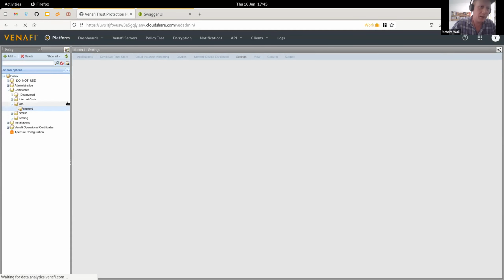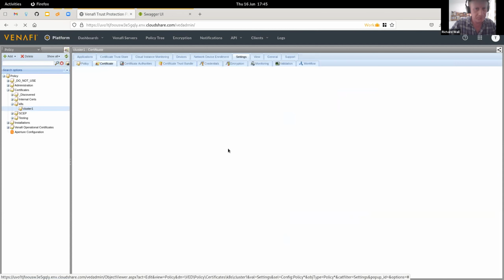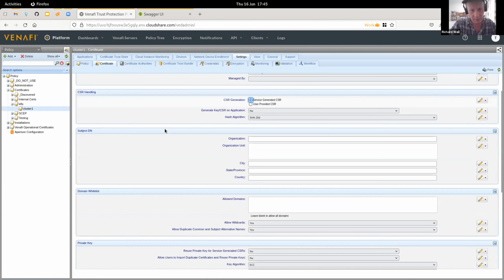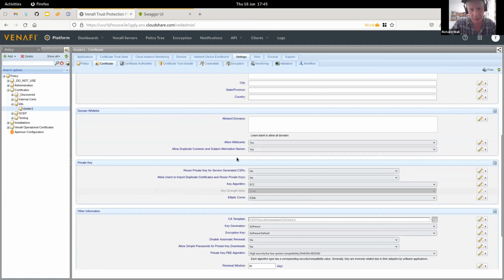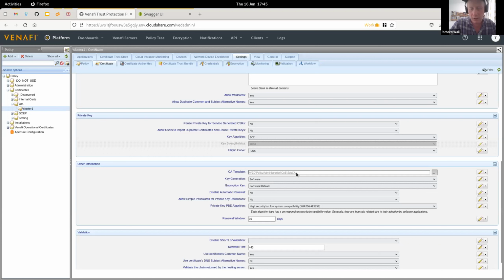Each of these represents, or can represent, a different policy that is applied to the certificates and identities within it. And so if I click on the certificate tab, you can see that the certificates in this policy folder must have the ECDSA key algorithm, and another key point is that they will be signed using this so-called CSI template, which